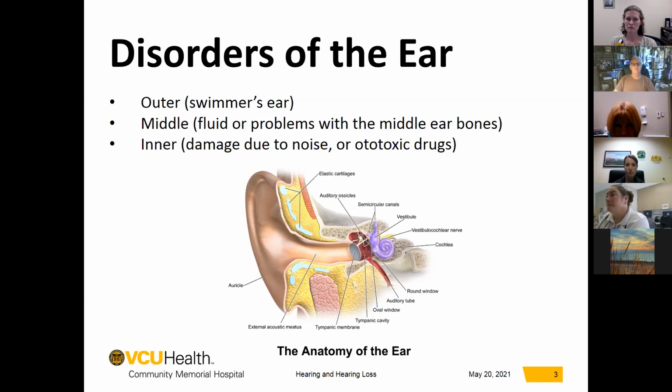The middle ear is an air-filled space, and it keeps the air on both sides of the eardrum equal by the eustachian tube opening up, or your ears popping. If the eustachian tube doesn't open often enough, the air that's in the middle ear can be absorbed by the mucus lining, which creates a vacuum, and then the middle ear lining will start to allow fluid to escape, mucus, which can cause fluid behind the eardrum, which can be infected or non-infected depending on if there's a